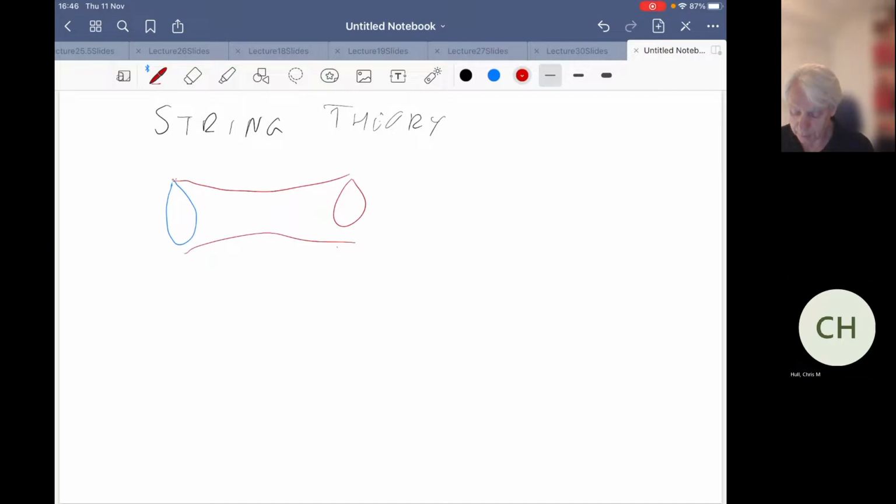So here I'm thinking about time as moving in this direction, and the action for this is then given by T times the area swept out by the string. So this two-dimensional surface will have an area, and that's the action, and this T is the